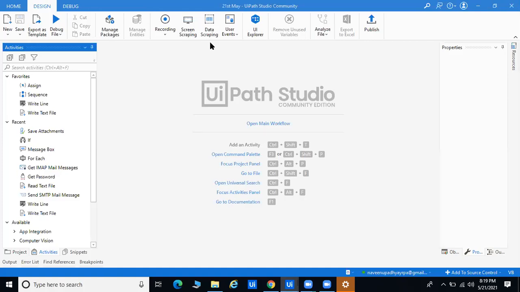Whatever you want to automate, you can go for that and you are able to automate. Here we don't have to write any line of code or follow any type of coding. Every time we can take the activity and go for that.